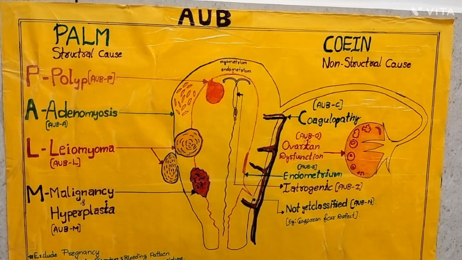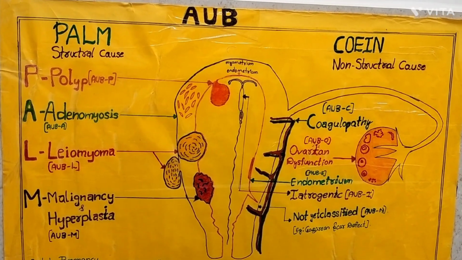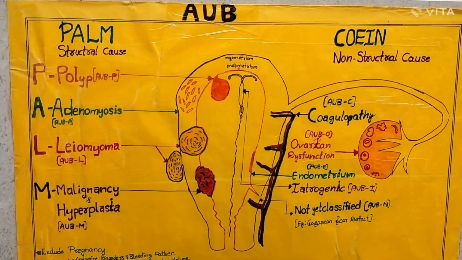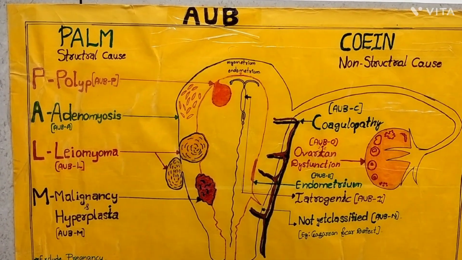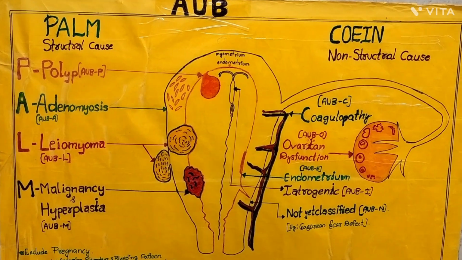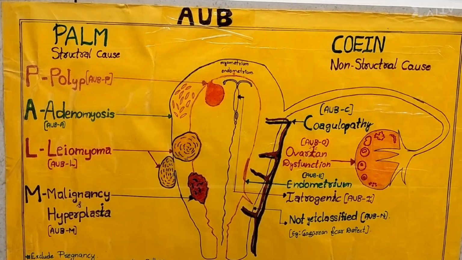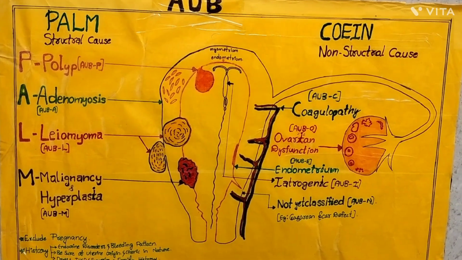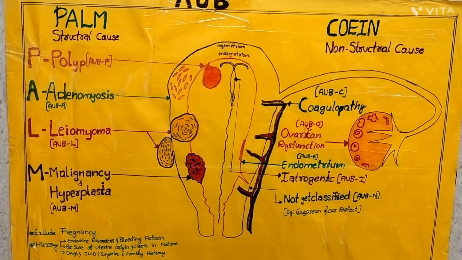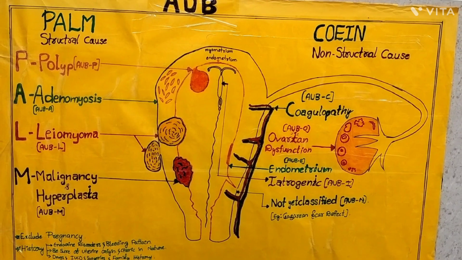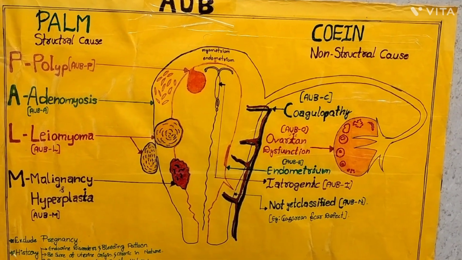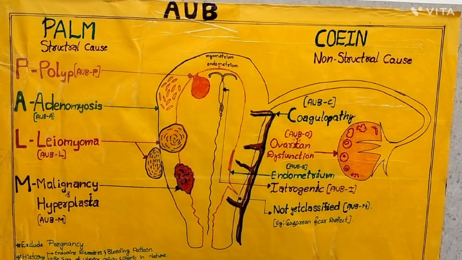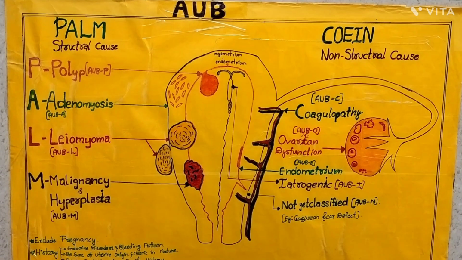Hello everybody. Today let's discuss abnormal uterine bleeding. It is actually divided into structural causes and non-structural causes. For a better understanding, I have made a diagrammatic representation, and we will also learn what could be the causes of this abnormal uterine bleeding, and what all we have to consider, like